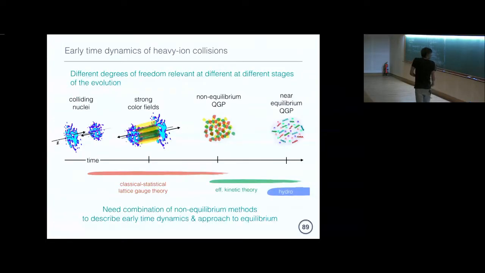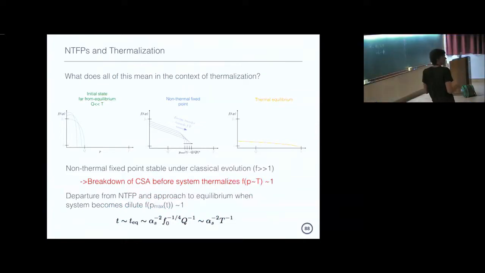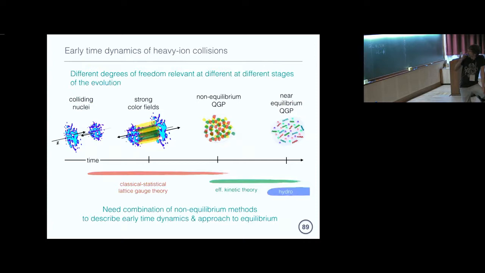So what that really means is that in general, to describe the thermalization process of a system, even if it's initially highly occupied, what we're going to need is a combination of different methods. Because the classical statistical approximation doesn't bring us to equilibrium. It can get us close potentially, but that's not always the case. And so we generally have to combine different non-equilibrium methods to actually study even the thermalization of a weakly coupled system. And that's in fact exactly what we do when we want to study